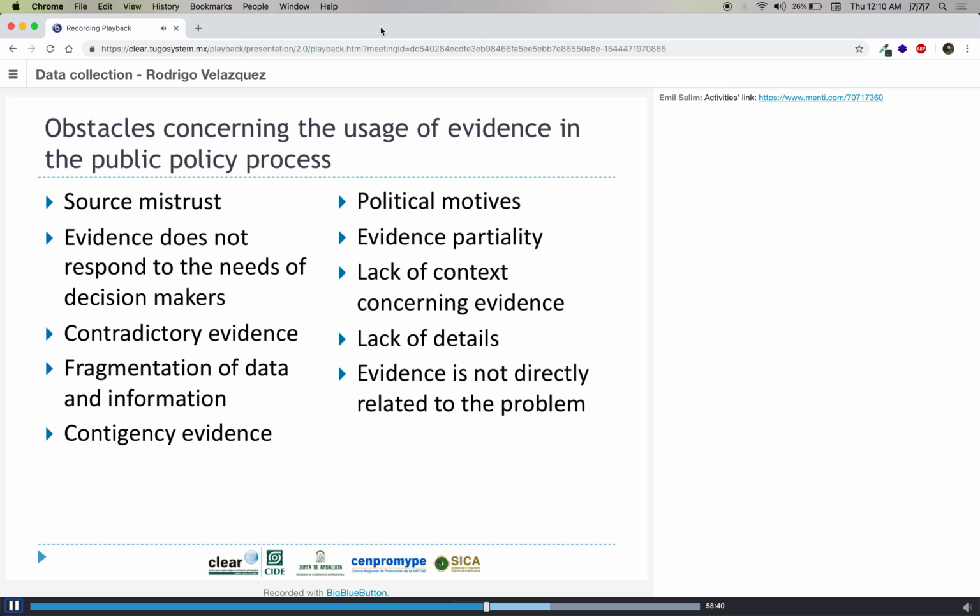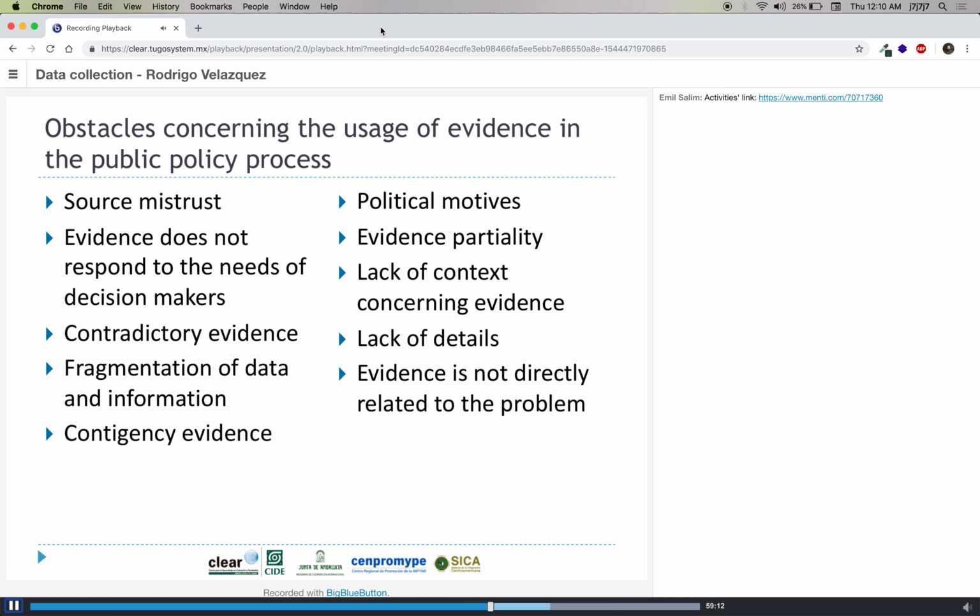And now we are going to talk about when we have to provide evidence. And for this, I am going to make another question. So I am going to ask you to access the link. Here I have another question that I would like you to answer. And the question is, in what stages of the public process do we have to provide evidence?